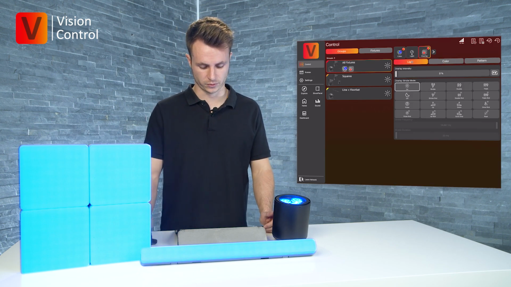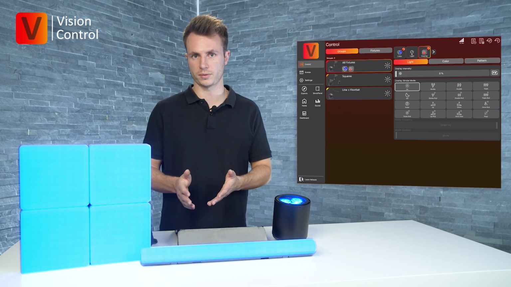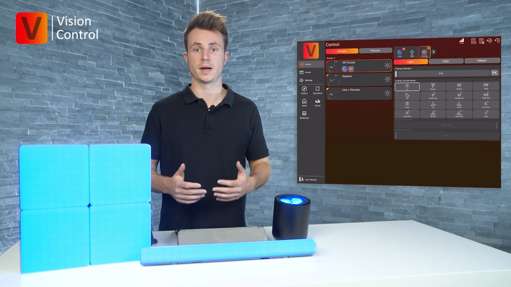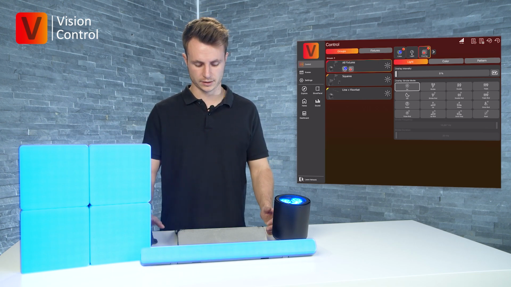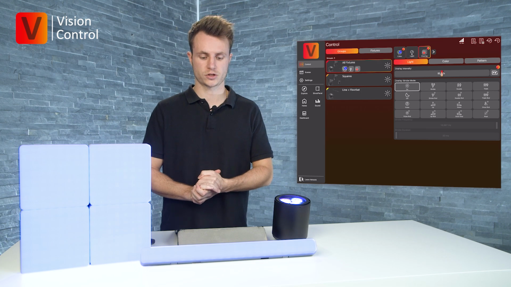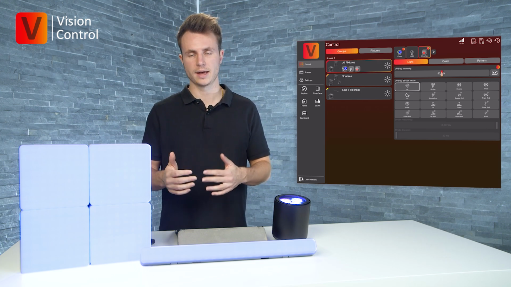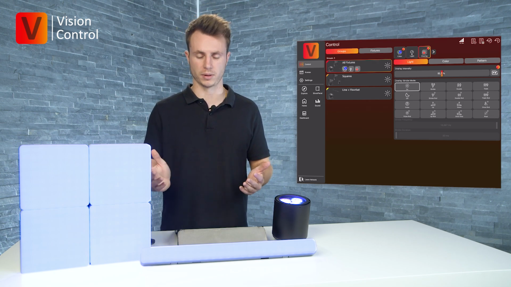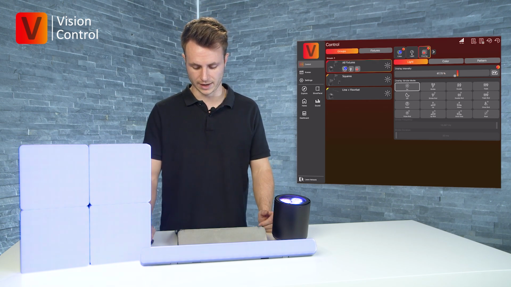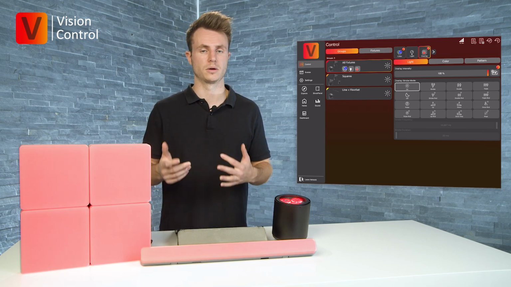So therefore, we go to the light part, and here the overlay intensity has a default value of 0. So if you don't touch the overlay component, you will not see anything. But now we want to see the overlay component, so we need to change the value. If we select a value like 50, then we have a mixture between the two colors. So we mix between blue and red, and that's why we get a kind of purple color. And if we set the overlay intensity to 100%, then we get only the red color, which is the overlay